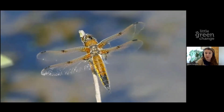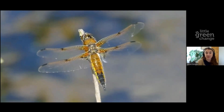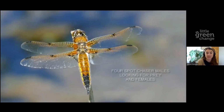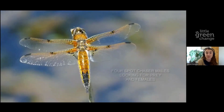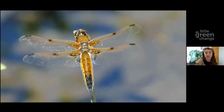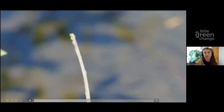This is a 4-spot chaser male here, and he's found a perch over the perfect wetland territory, and he's guarding that territory. So he is chasing off other males and chasing after any females that come into his spot. Some species like this are very territorial, others less so. But they'll be very keen to defend a really good patch of wetland if they find it. So he's on the lookout for a female. When he finds her,